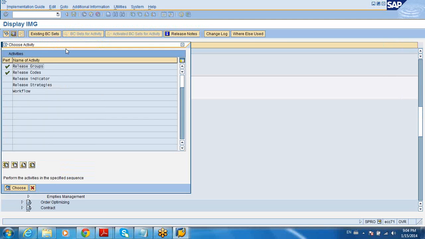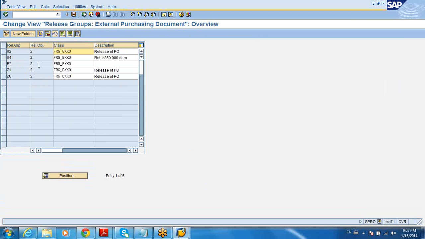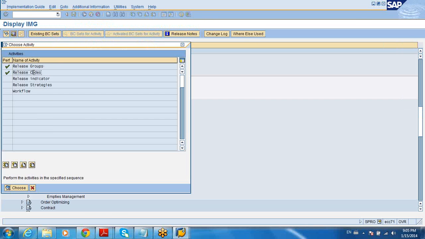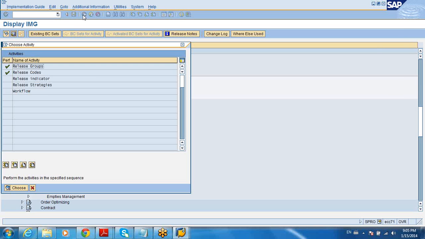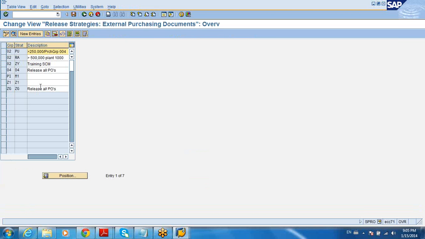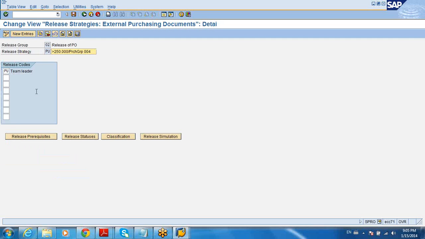So you have release groups, which is primarily the objects that you're trying to release, and you have release codes that define who is the person that's going to release, and then you have to develop a release strategy. So release strategy has a release group. In this case, the group is O2, okay? And the release code, that means you're releasing a PO in this case, and the person who can release this thing is a team leader, and